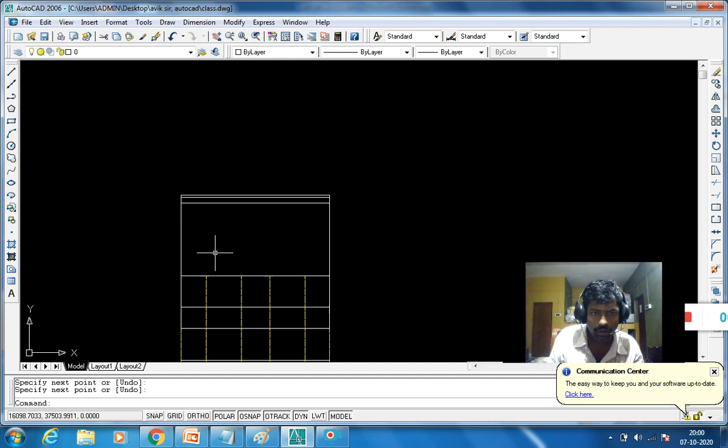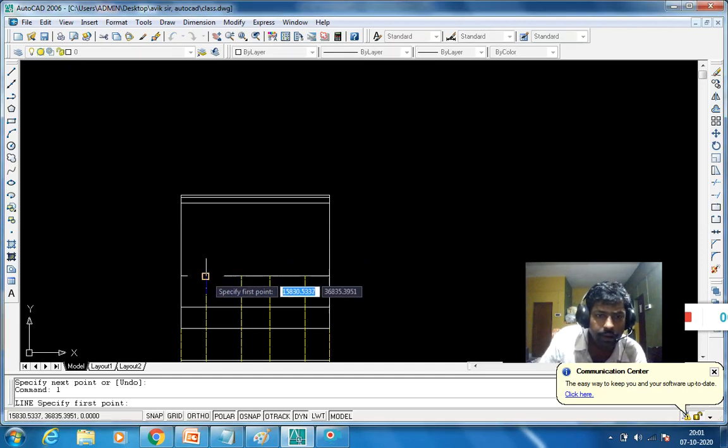So use the line command and enable the ortho mode,